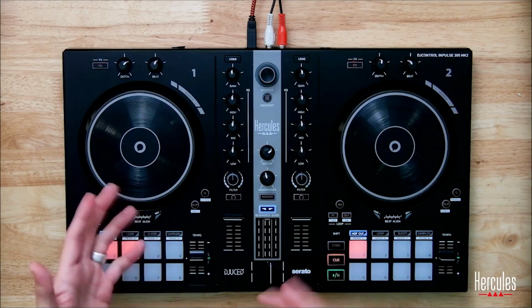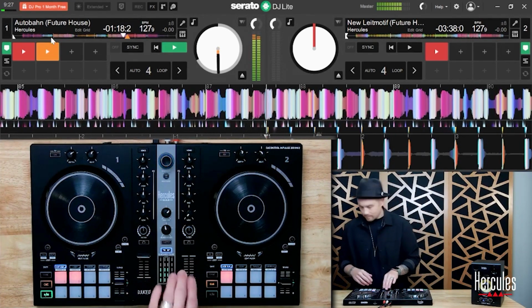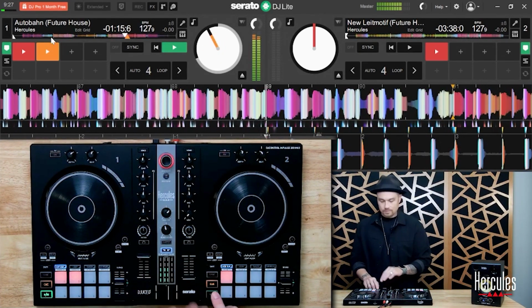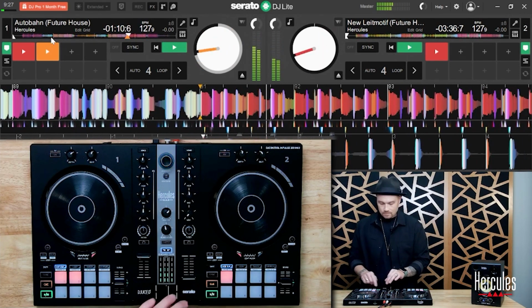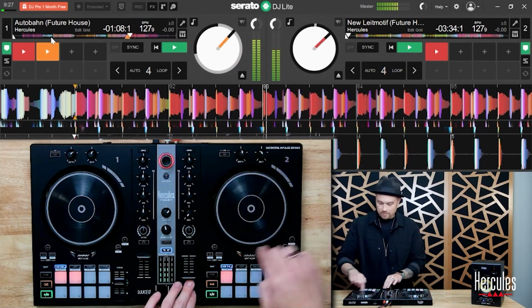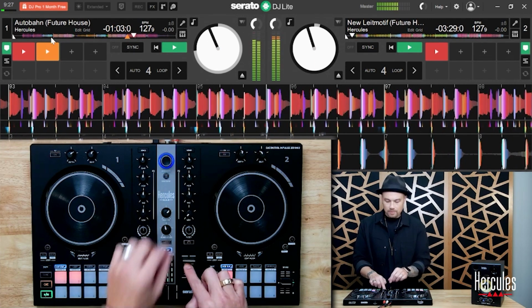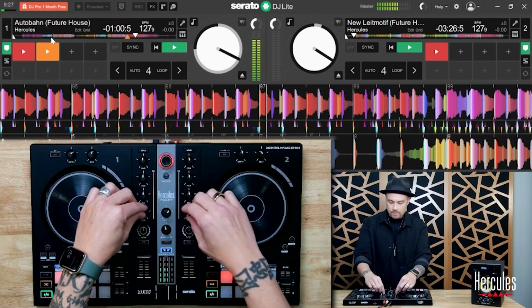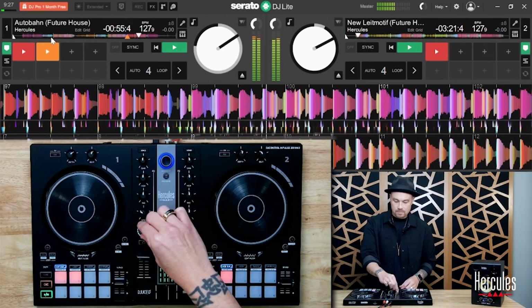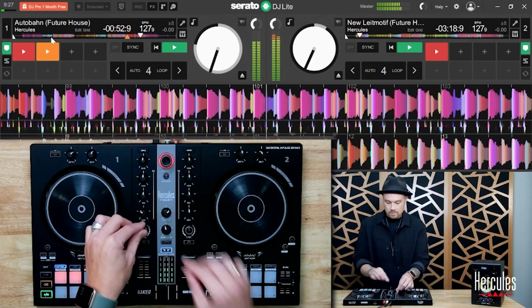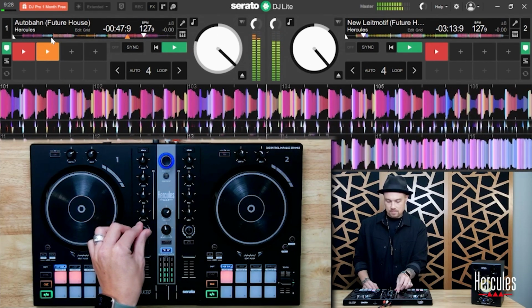So now let me show you how we can use this in the mix. Here we go. Make my adjustment. And bring my low in. Low pass filter.